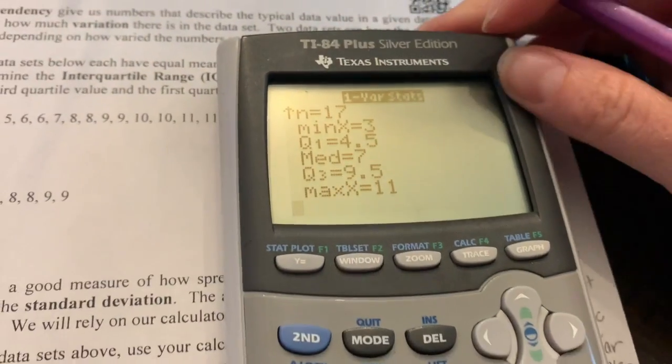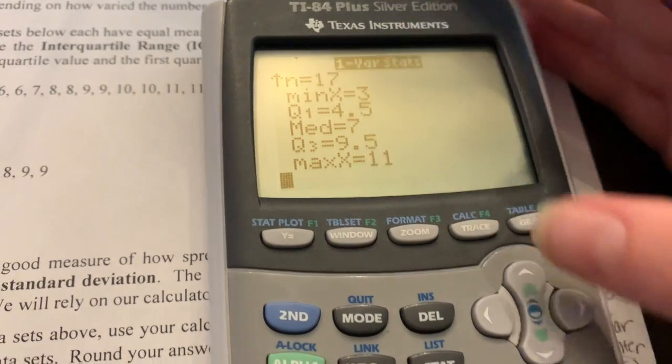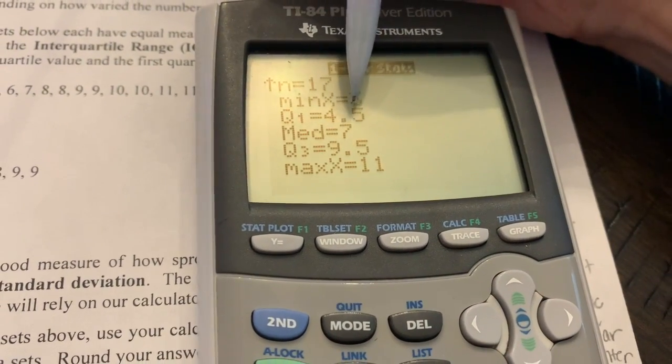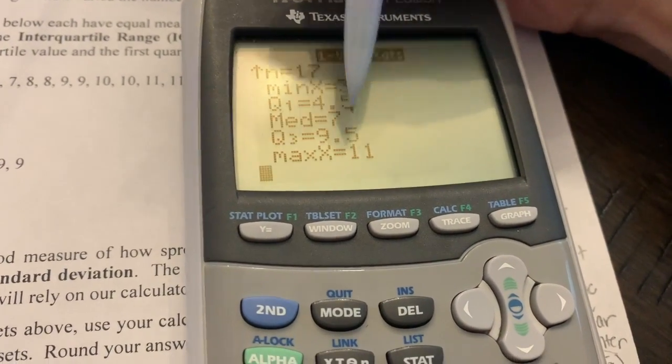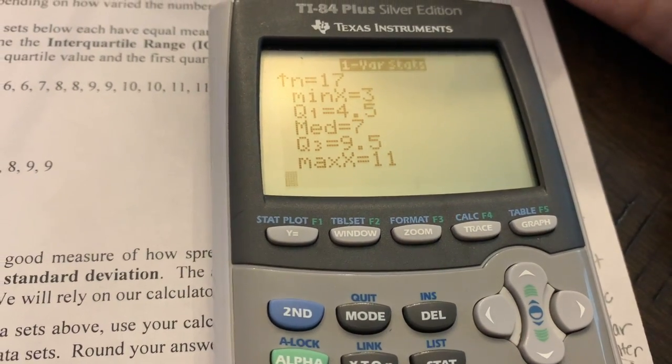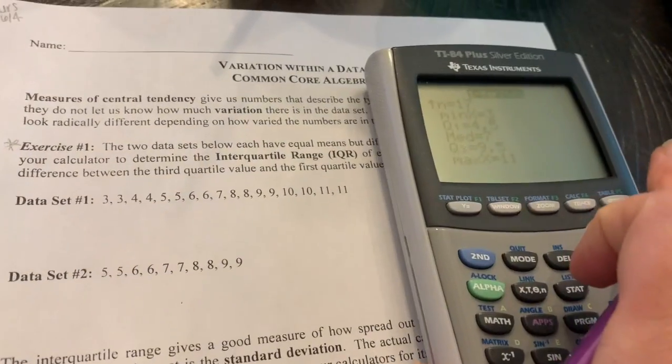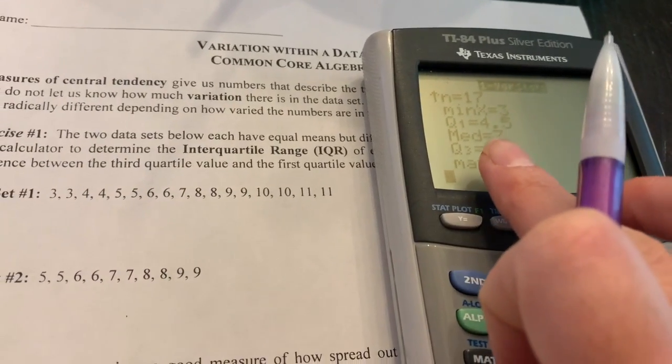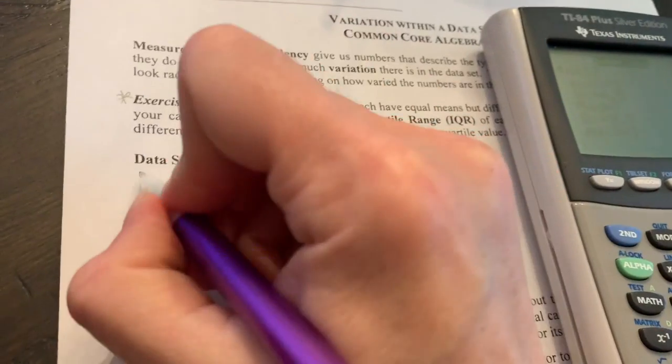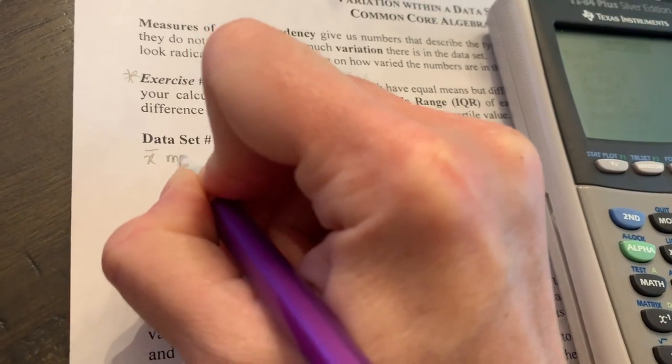So instead of me having to calculate it, if I just scroll down a little bit, I can see my minimum values here, my maximum values here, and my 2 quartiles are here, even my median. So you can actually get all of the data from here. So x bar, I'm just going to put on the side here. X bar means